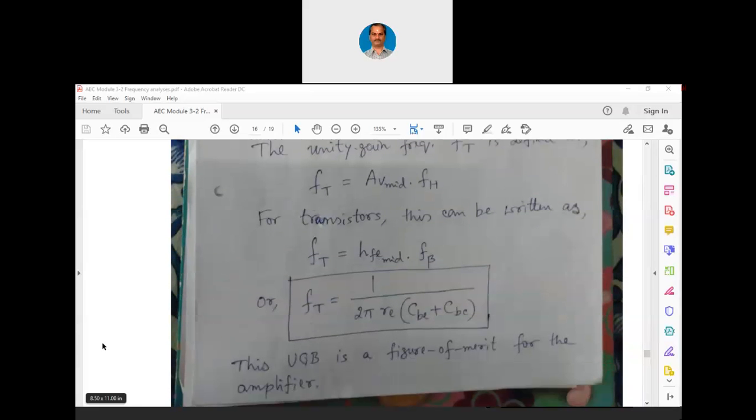Now this is going to be the transition frequency, or this is called UGB, unity gain bandwidth, because the gain is unity at that time. Output equals input at that time. So this is called UGB, unity gain bandwidth, a figure of merit for the amplifier. That means that is the maximum frequency at which you will be able to use the amplifier, beyond which it will not work like an amplifier at all. So with this discussion,